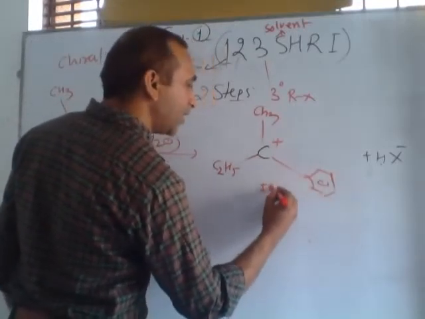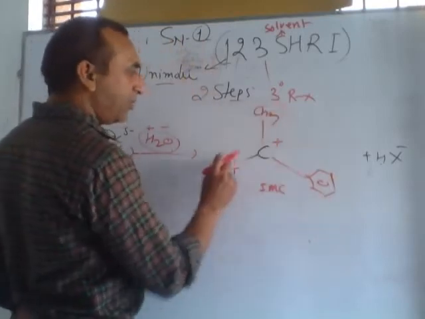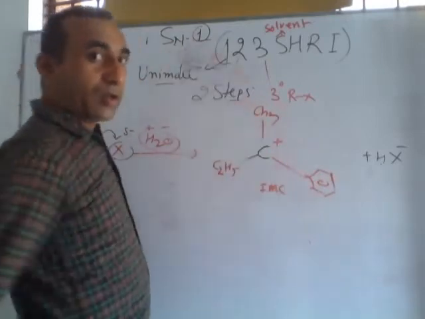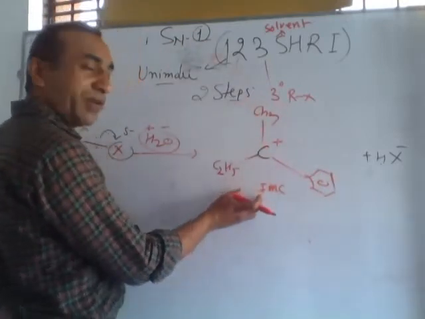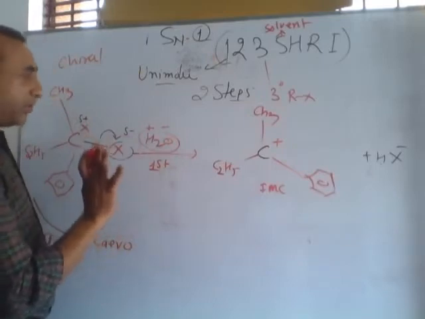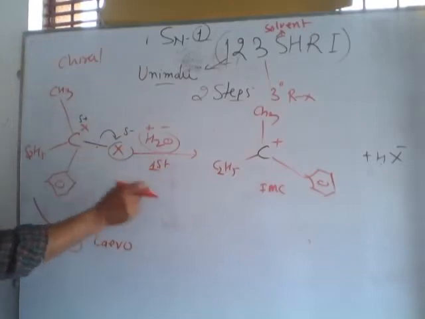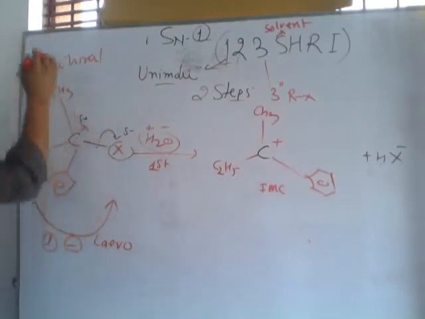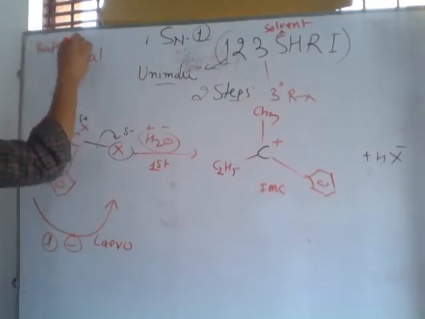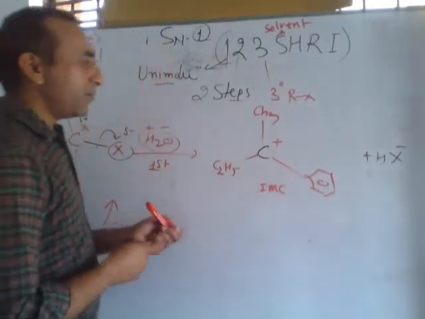This is an intermediate compound as a carbocation, and this carbocation has a trigonal planar shape and it is stable, and due to its stability we can isolate it. It is the first step, and the first step is a very slow step. The rate depends on the first step. This is also called the rate determining step, and the concentration of this compound, the concentration of the tertiary halide, the total rate depends on the first step, and in the first step only this molecule is taking part. There is no role of nucleophile. But in the second step...